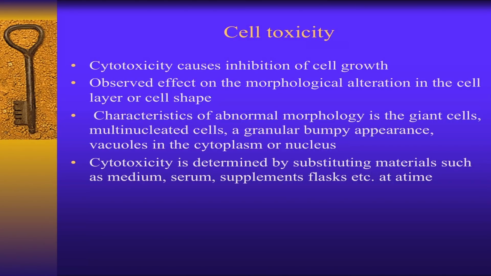The MTT is named 3,4,5-dimethylthiazol-2-yl 2,5-diphenyl tetrazolium bromide. So this will form a complex. This MTT goes and joins the live mitochondrial dehydrogenase, and they form formazan crystals, which are not soluble, so they will be formed in that place. That has to be dissolved by adding some amount of DMSO, and after that we